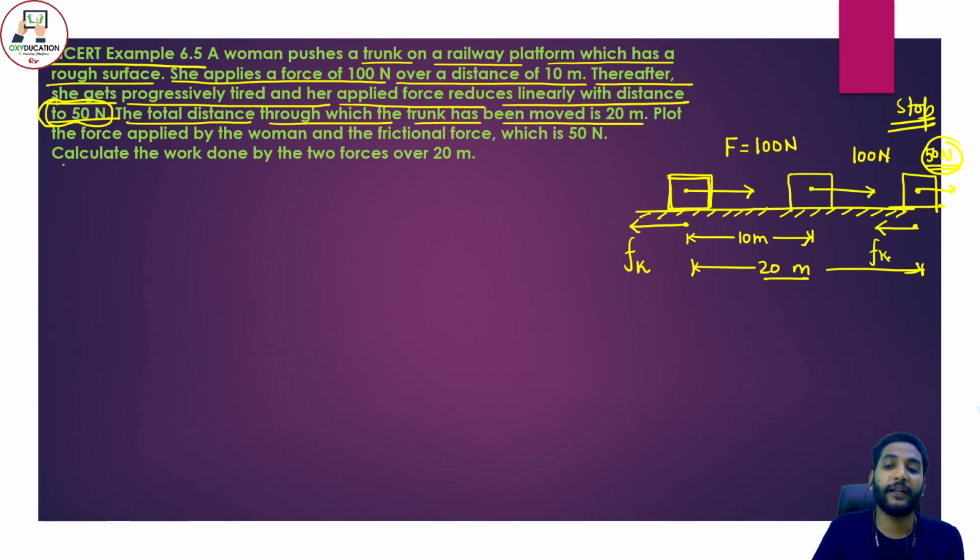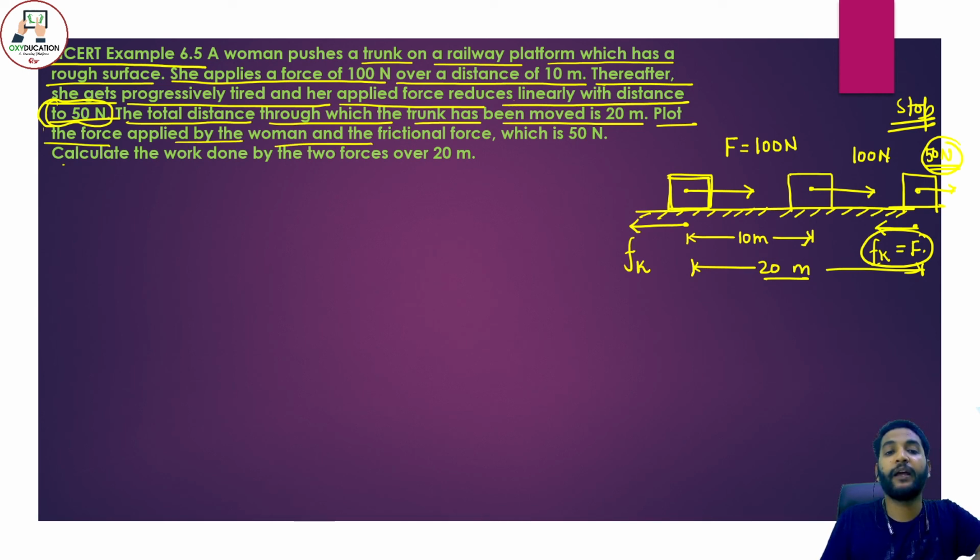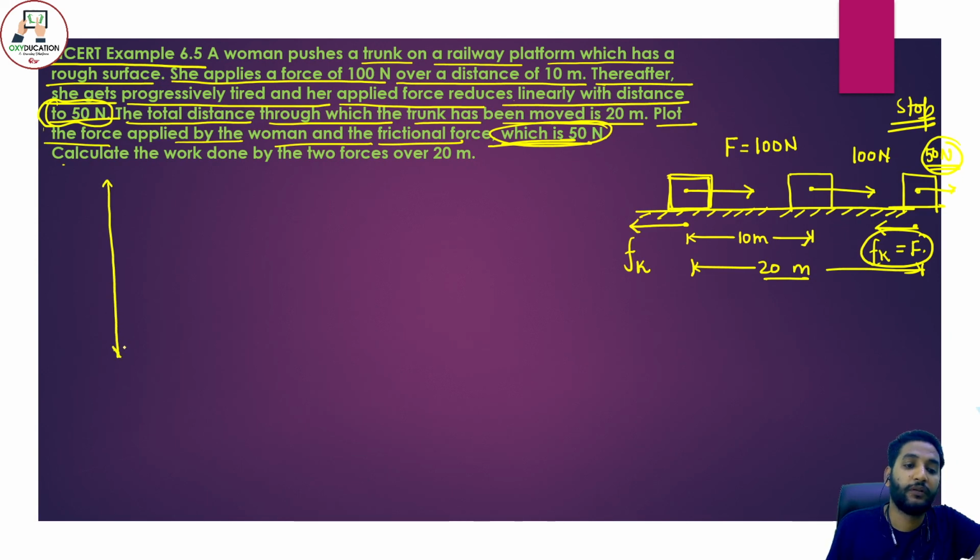जब आपका काइनेटिक फ्रिक्शन इज एग्जैक्टली इक्वल टू द अप्लाइड फोर्स, क्योंकि इससे कम होगा तो बॉडी क्या हो जाएगा? स्टैटिक फ्रिक्शन में आ जाएगा और रुक जाएगा। तो दिस इज द होल सिनेरियो। क्वेश्चन क्या कह रहा है? प्लॉट द फोर्स अप्लाइड बाय द वुमेन एंड द फ्रिक्शनल फोर्स विच इज 50 न्यूटन। फ्रिक्शन फोर्स दिया हुआ कितना है? 50 न्यूटन। कैसे आप ड्रॉ करोगे? देखो, दिस इज द ग्राफ।